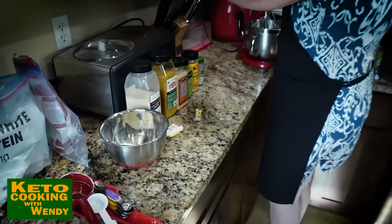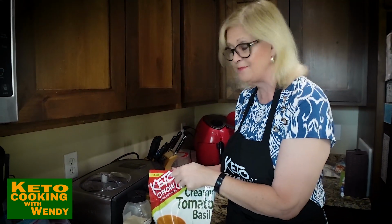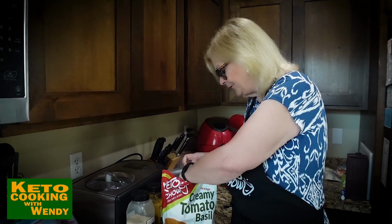I am going to put in... You guys do not have to add creamy tomato keto chow if you don't want to, but this is going to make it more of an Italian dough. I'm just going to add...